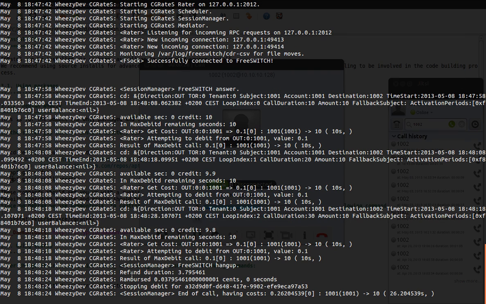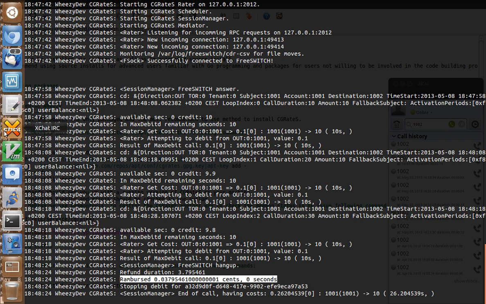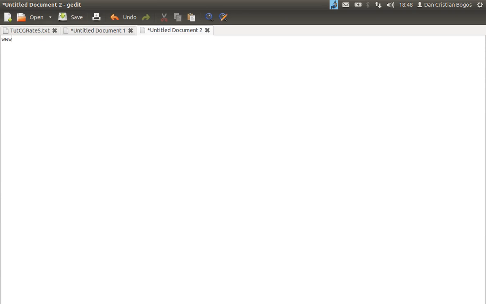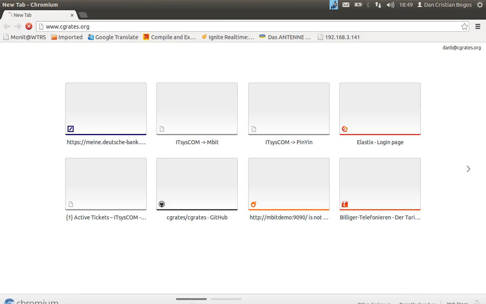You can see every 10 seconds that we are debiting balance. We hang up, and very important, you see that we have reimbursed what we have taken too much. So we refund, whether it's session duration or time taken from one's account. And that should be www, or better I show you in a browser, CGRateS